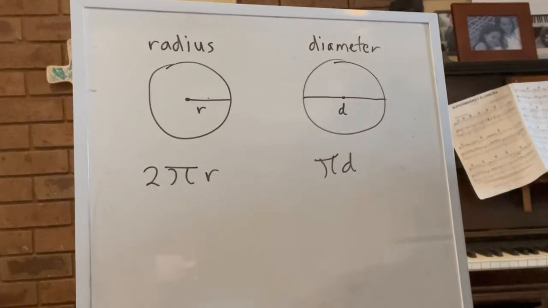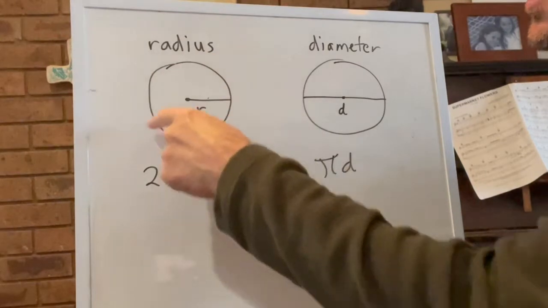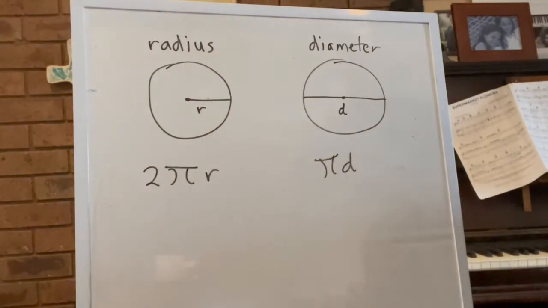Okay, so let's look at circumference of a circle. So we know circumference is the distance around the outside of a circle, so the perimeter of a circle. And there are two formulas that we can use to access this depending on which bit of information we get